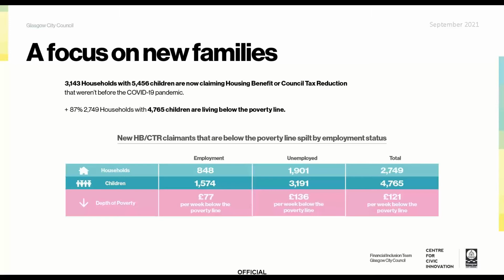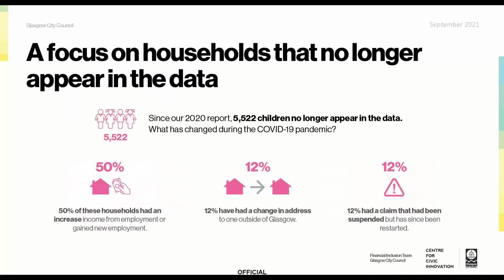And when we broke that down further, we could see the numbers of families living in work poverty, where there was 844 households with 1,500 children, and they were £77 per week below the poverty threshold. So again, that theme emerging and coming through, you can see that families are much worse off and really struggling to make ends meet. And if we move on to slide 10, please. When I'd spoken about those families moving in and out, and I'd said that it's not the same families, I'd mentioned that although the numbers have remained the same, what we looked at was those 5,522 children that are no longer on the report.